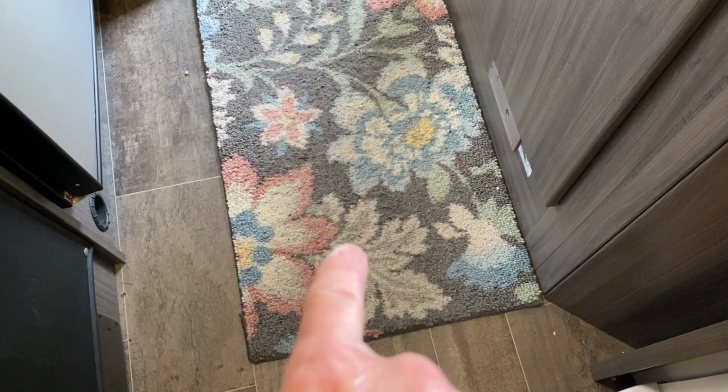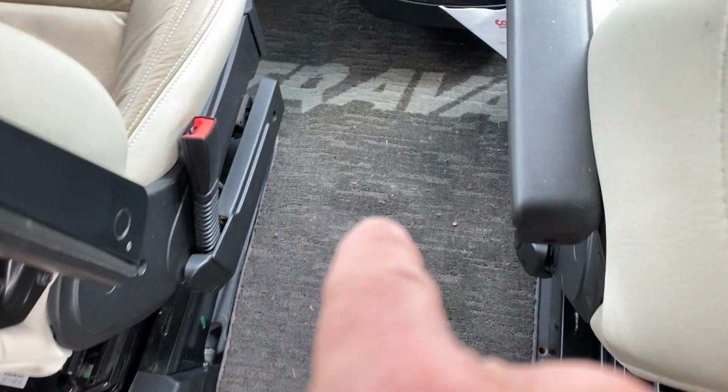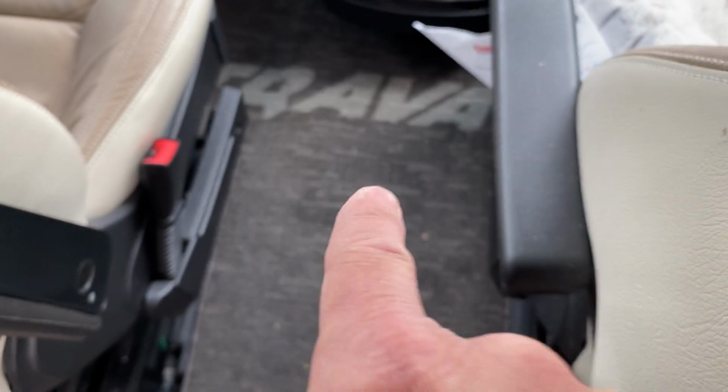And my last tip for you is on rugs. Let me show you this. So this is a kitchen rug from Walmart, our good friends at Walmart, washable. This too is almost like an outdoor rug, washable. Even the Travato rug that comes in your Travato is washable. Here's the tip for those. The tip on washing those rugs is to use a drum style like you just saw in the laundromat for both of those styles of rugs. Certainly the kitchen and entry and the Travato